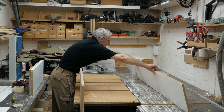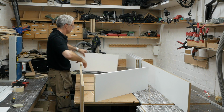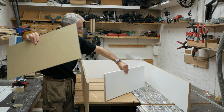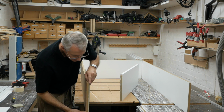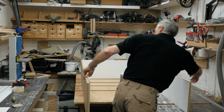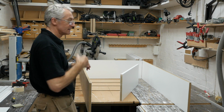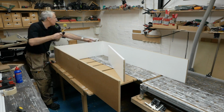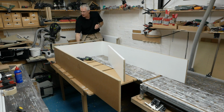So if that went there and there, will that work? Might work, won't it? Although none of this is square, which adds to the challenge. So the left hand side back is there. Can I get into that side? Well, we can just about actually, I like it. We'll give that a try. Okay, so that's a relatively easy bit done,